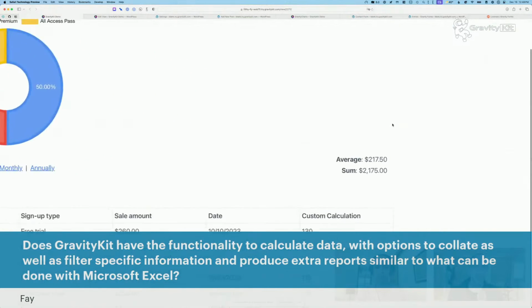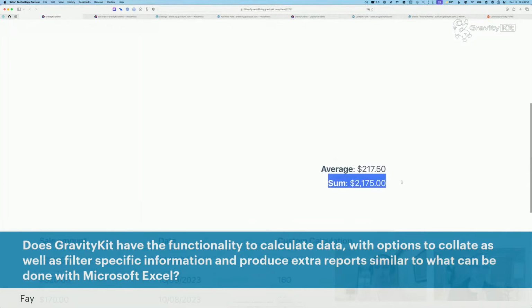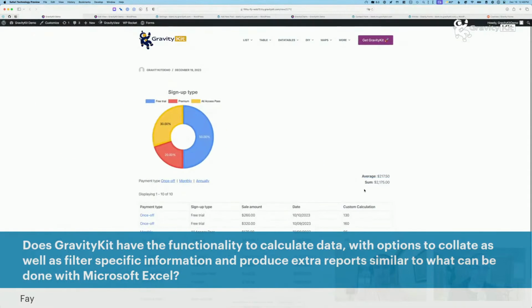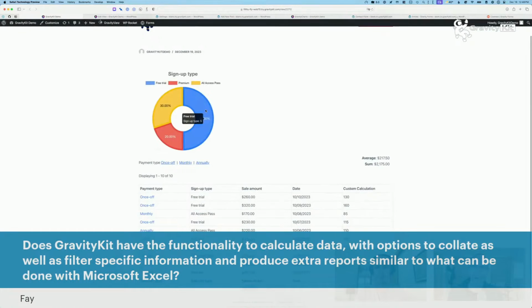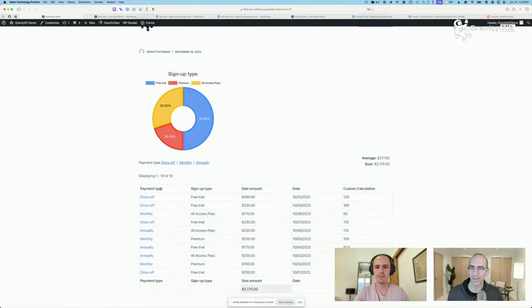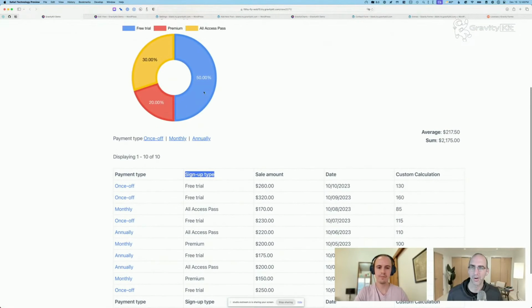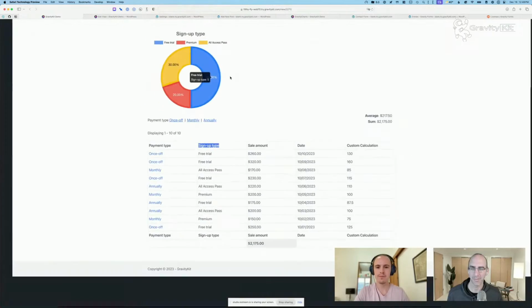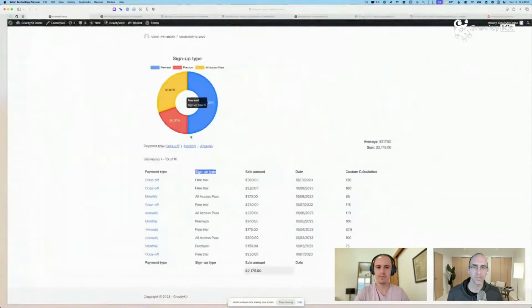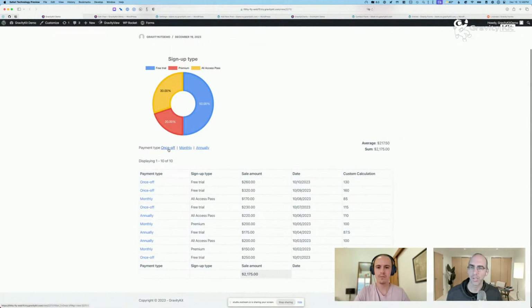And note that there's also averages and sums for all the entries that are being shown on the screen, and then a chart of each of the entries and the different sign-up types. So this is the sign-up type column here, and this is a chart of that data that we're displaying on the view. And if we want to, we can filter the values, and